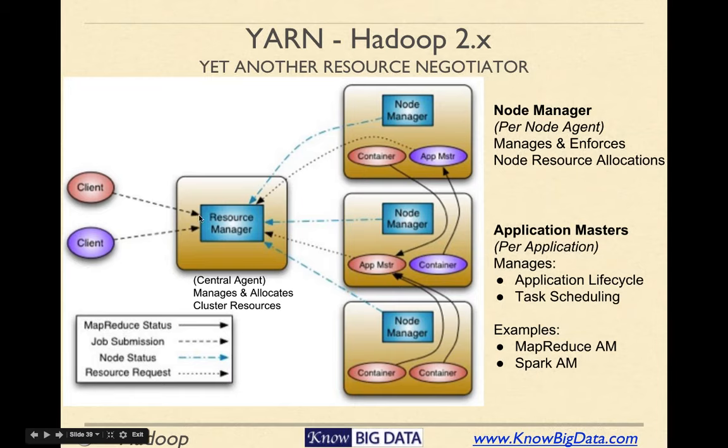We have a resource manager, and then there are multiple nodes. On each node, we have node managers. And whenever a client comes along and says, hey, I want to get something done, the client also has to tell us what that something is. He says, okay, my work is related to this new framework and I know how to get my work done. So the resource manager says